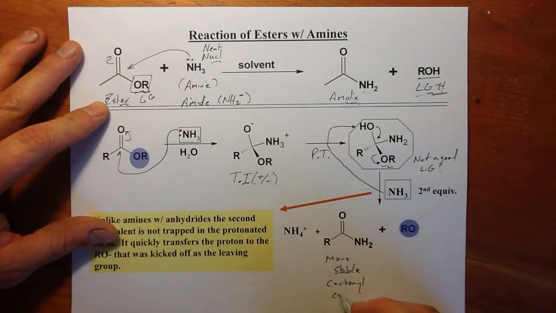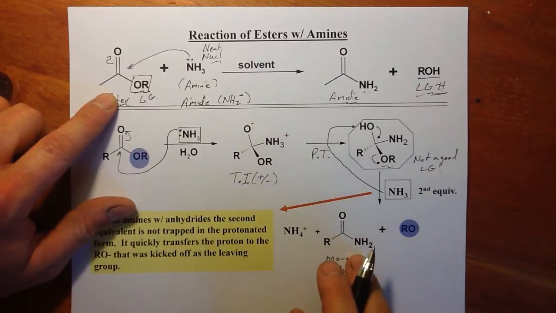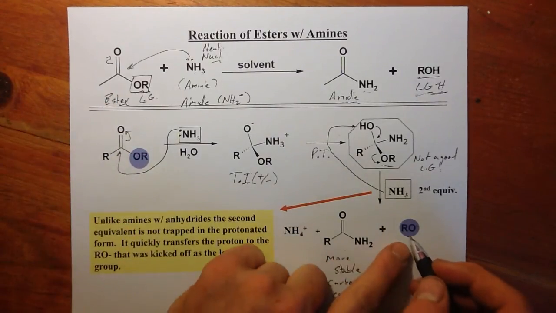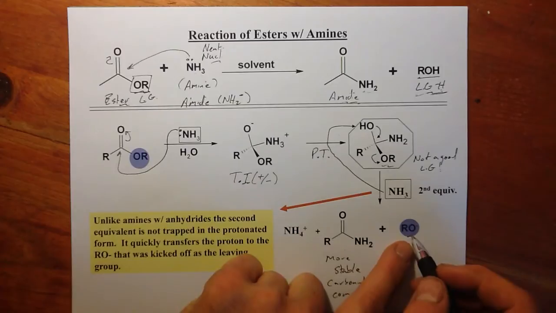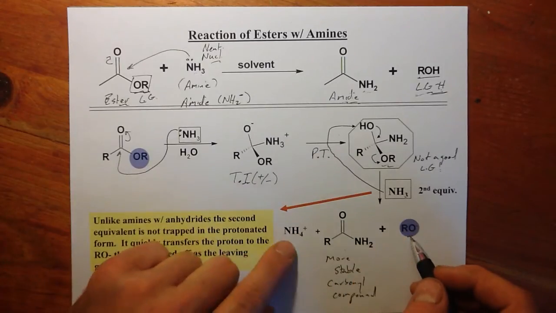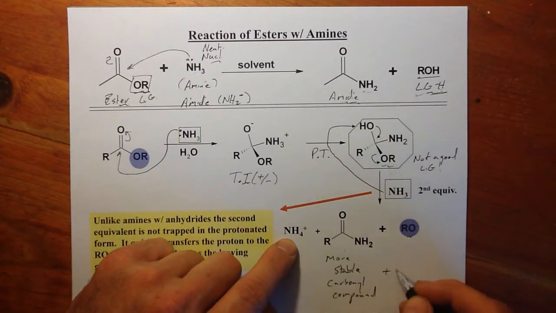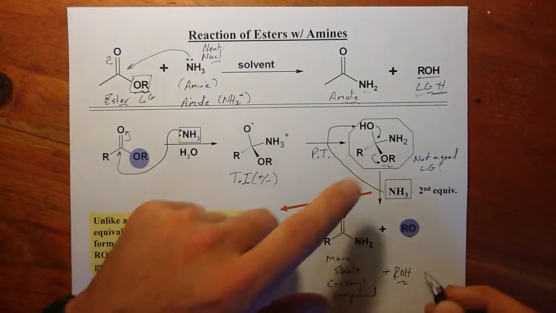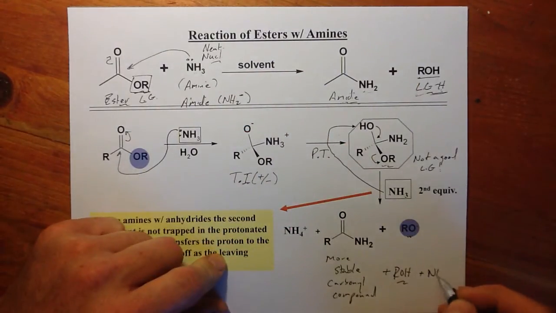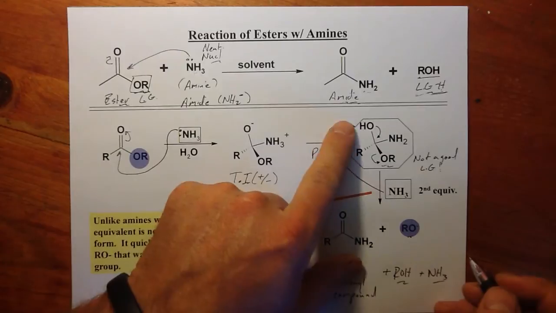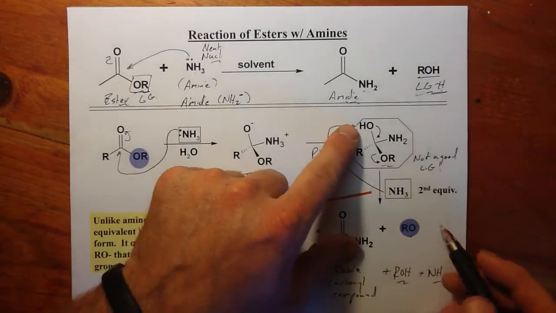So we have a more stable carbonyl compound. The amide is more stable than the ester. And we would just have a very quick reaction, irreversible, where this alkoxide picks up the proton to give us just the ROH and ammonia back that had been used in this third step